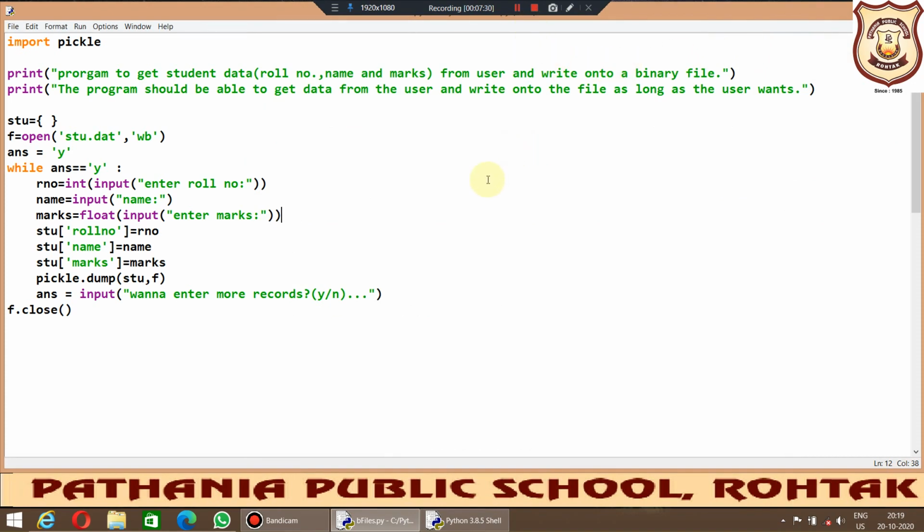So beta, now if you want to use the same program to write the contents in the append mode, this was about the write mode, and if you want to use the same concept in the append mode, for that we just need to make W as A so that it becomes append mode. Okay, so if I make this append mode, the previous content will be retained and I'll be able to enter more data inside it.